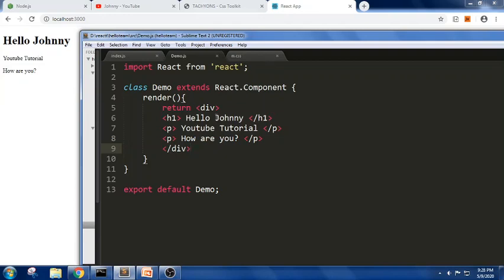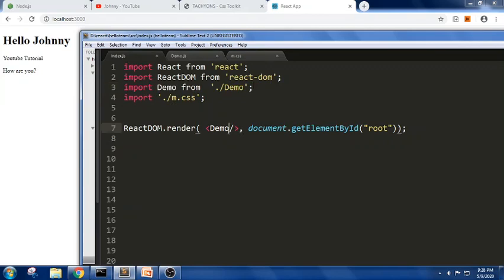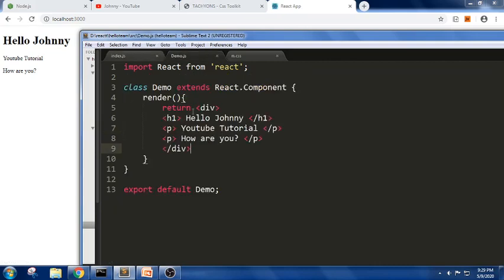Now let us define some props. I'm trying to write a name here, name Johnny, and there is no change in the output, but I'm trying to write here this.props.name, this.props.name, this.props.name.